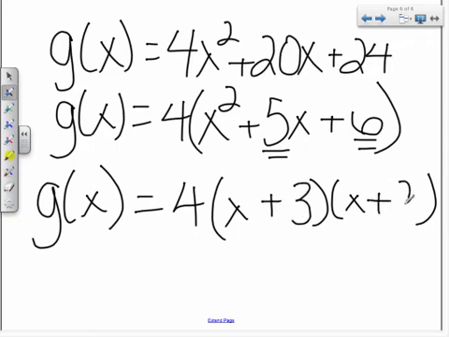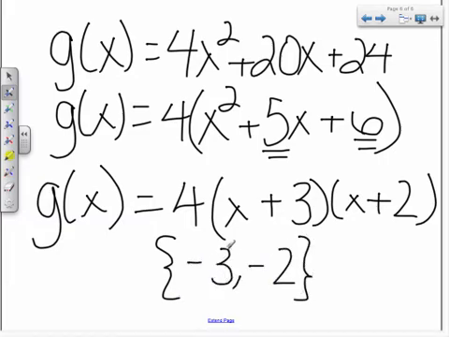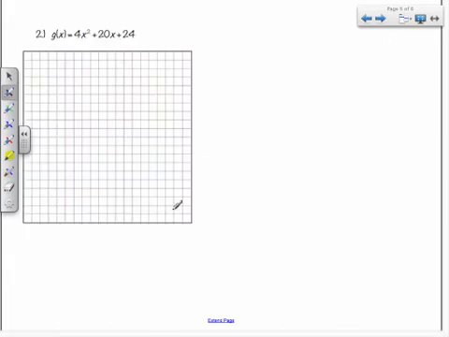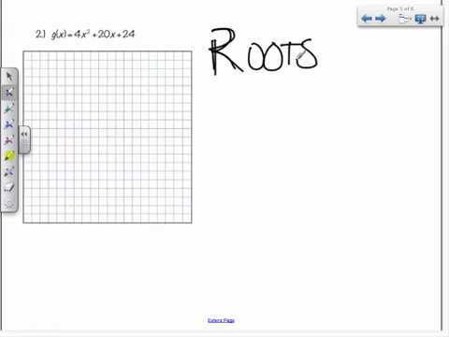So (x plus 3) and (x plus 2), which means that my roots are -3 and -2 because I'm not worried about this a value of 4 right here. So that's the first key piece of information. I know the roots, and they are -3, -2. All right, which means that the axis of symmetry is halfway between these two numbers right here,